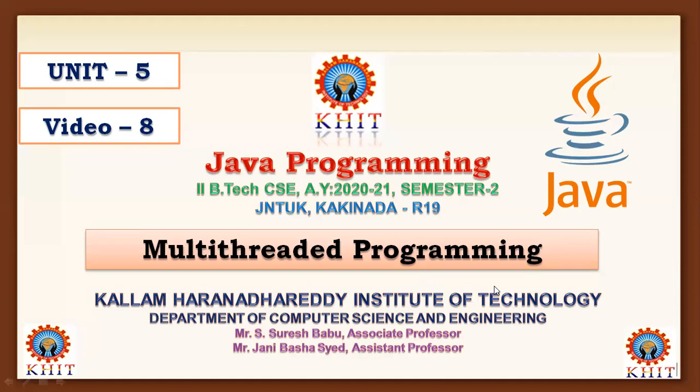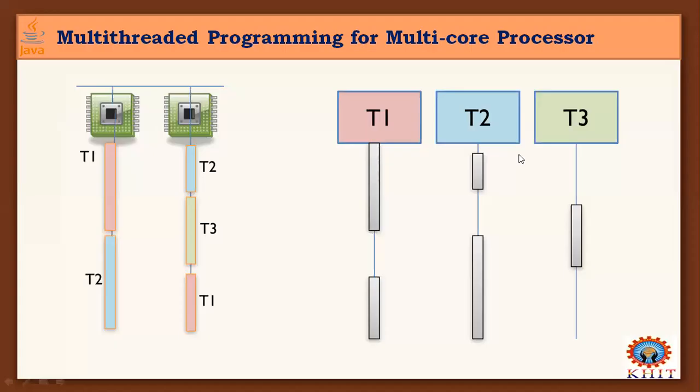Unit 5, currently we are discussing chapter 2, multi-threaded programming in Java. In the previous video, due to a power problem, we got stuck at the last slide, and I will continue that one and later come to this video and this lesson 2. Let's write over here: multi-threaded programming for multi-core processors. In the last video, we stopped at this slide and I will continue from here.